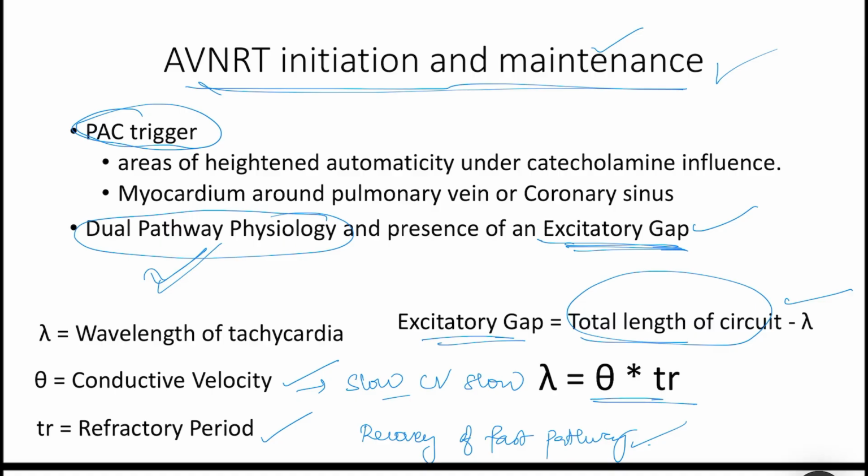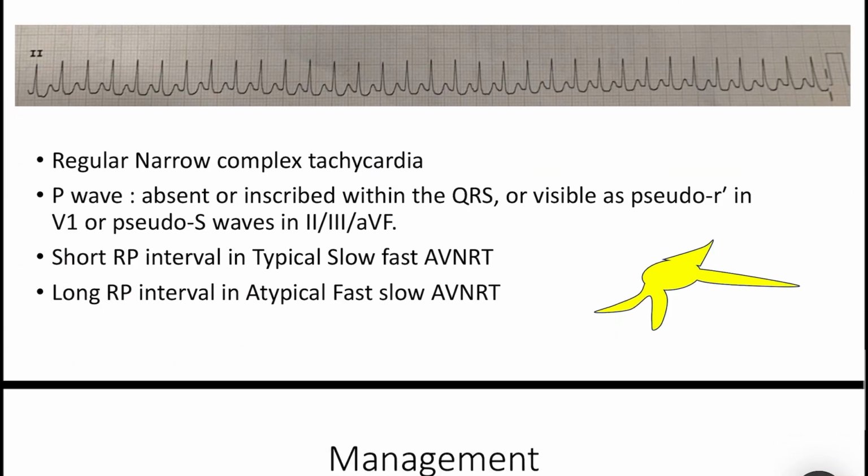This explains why dual nodal physiology is frequently found in electrophysiology studies of healthy individuals, but sustained AVNRT is rare. Sustained AVNRT requires an appropriately timed premature atrial complex, with circuit characteristics influenced by anatomical variation and autonomic inputs.